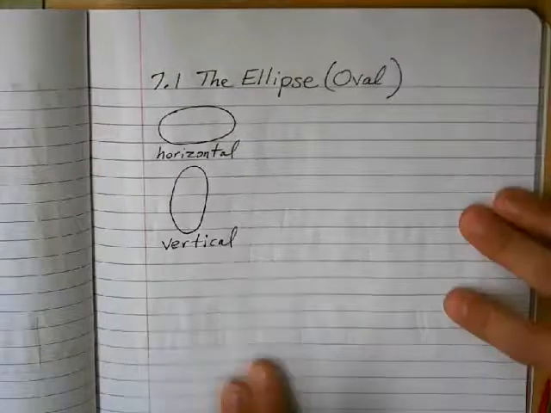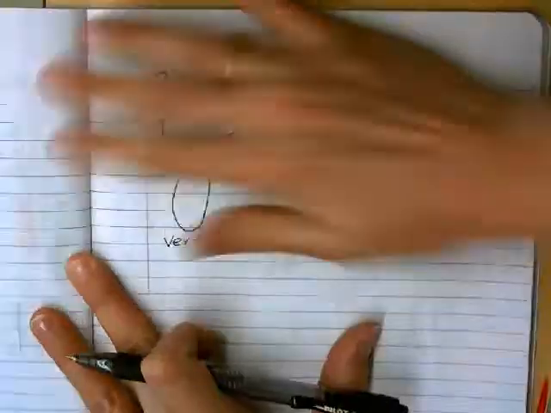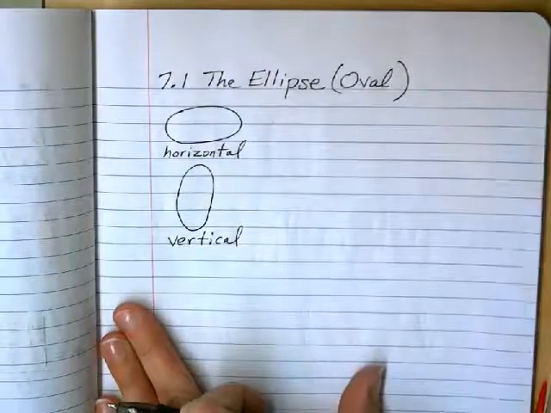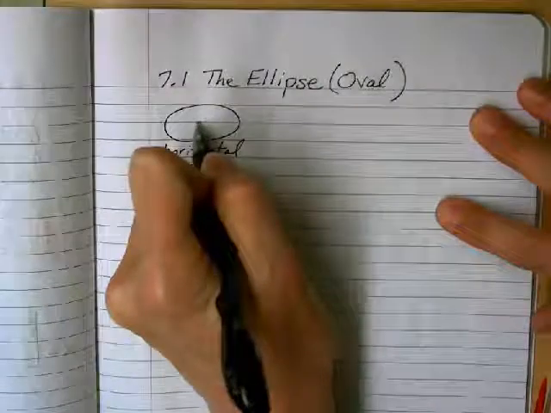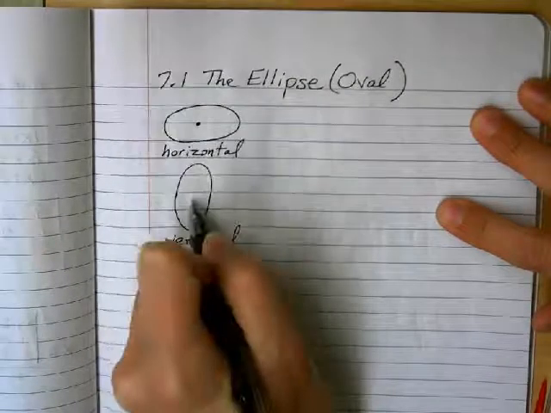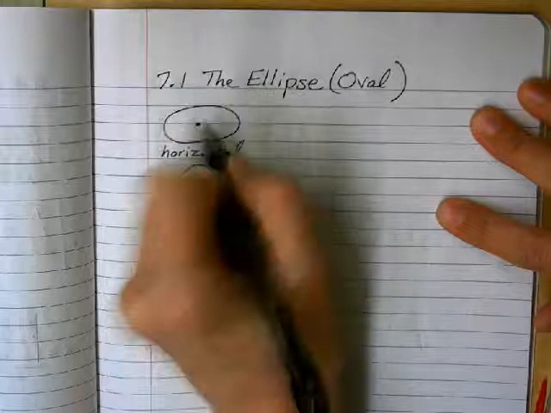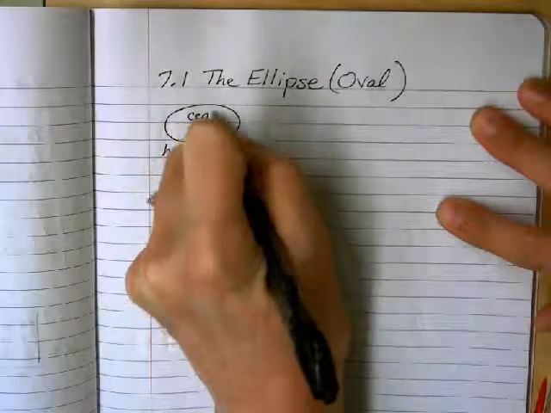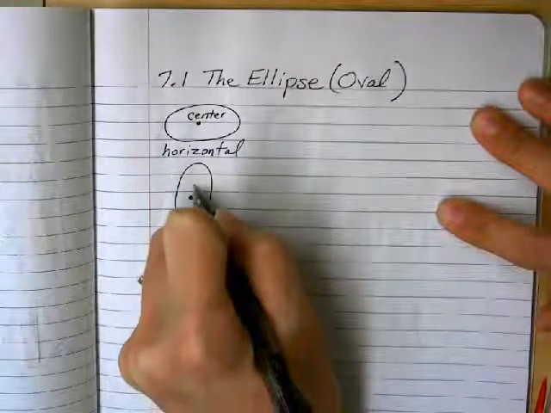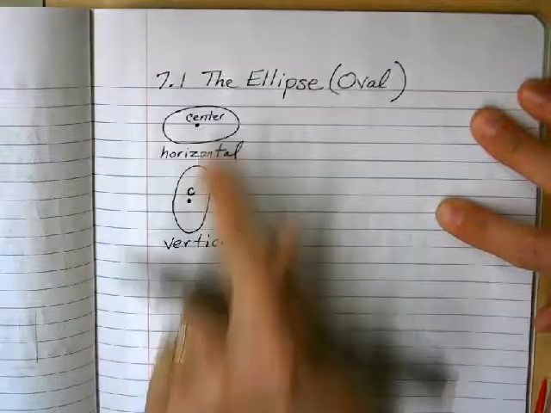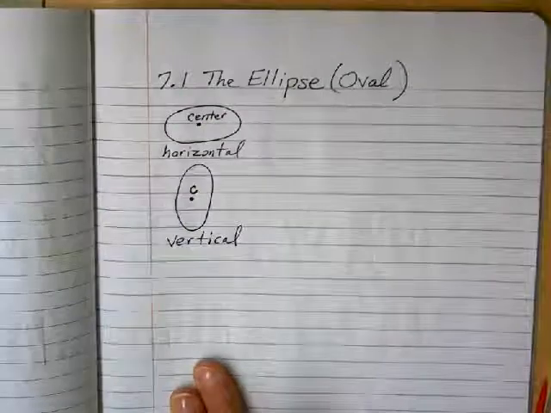Okay guys, so we'll get the formulas written down for these, and then you'll be able to use them on your assignment. So the ellipse, like I said, could be more horizontal, like side to side, or it could be more vertical. But there is a center point in the ellipse. There's an obvious center point. I'll just put C on this one, but yeah, that's the center. See? You have a center point,